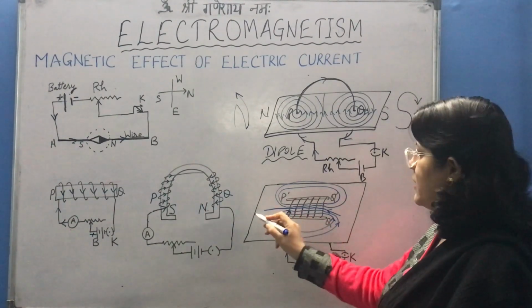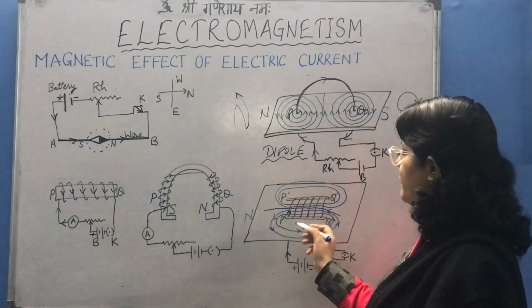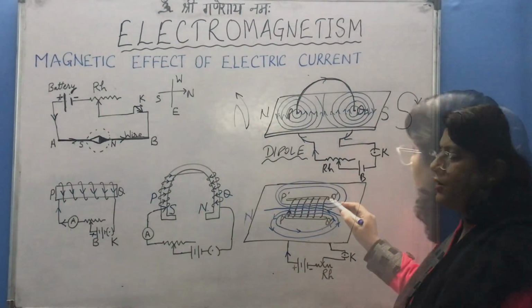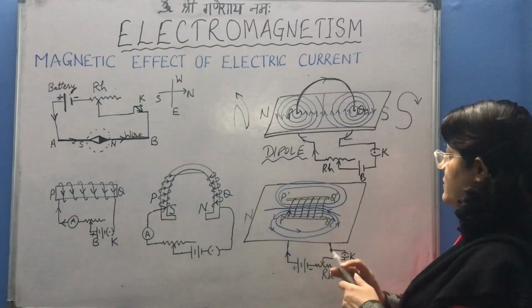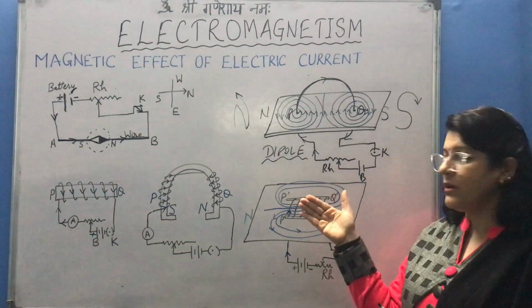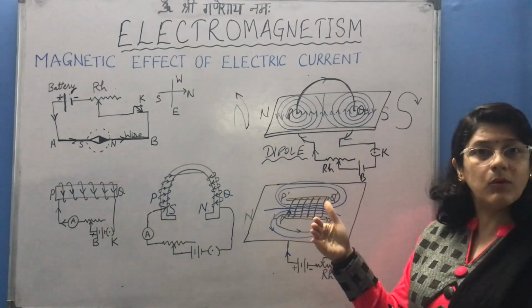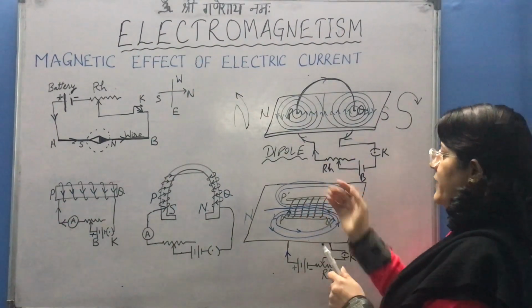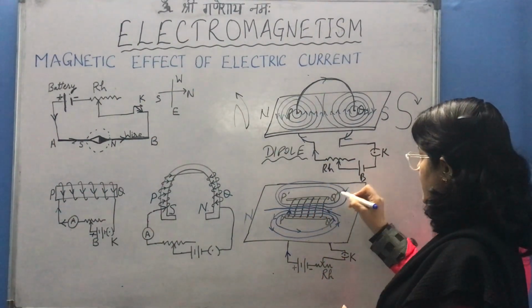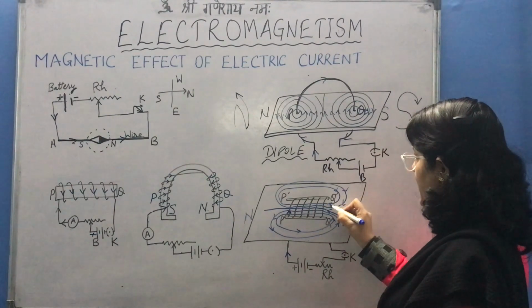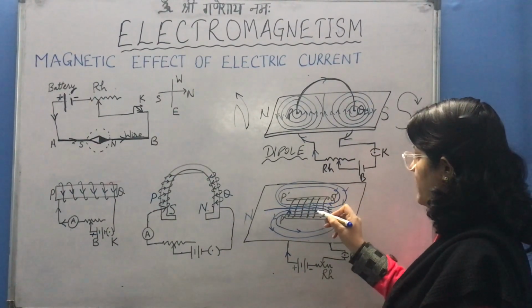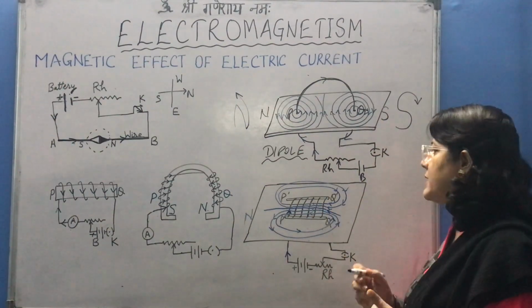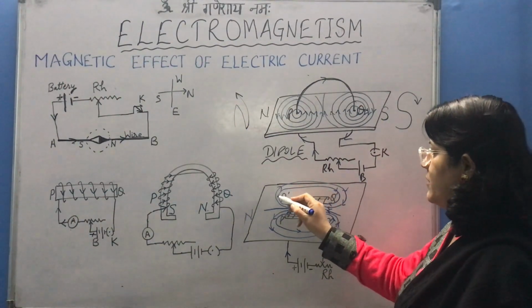Always keep in mind that from the north pole, magnetic field lines always emerge. On the opposite side, the direction of the magnetic field lines can be seen with the help of the right hand thumb rule again, and it shows that here the direction is clockwise. But in the middle, as you can see, the magnetic field lines are uniform, they are equally placed and are all in the same direction.